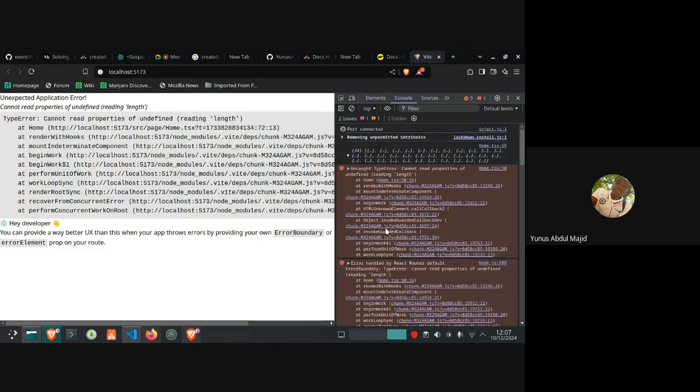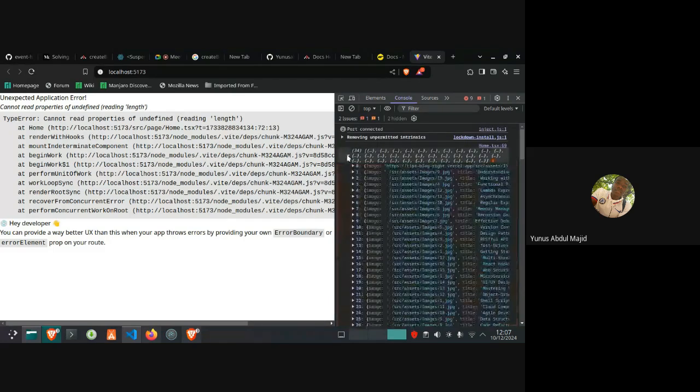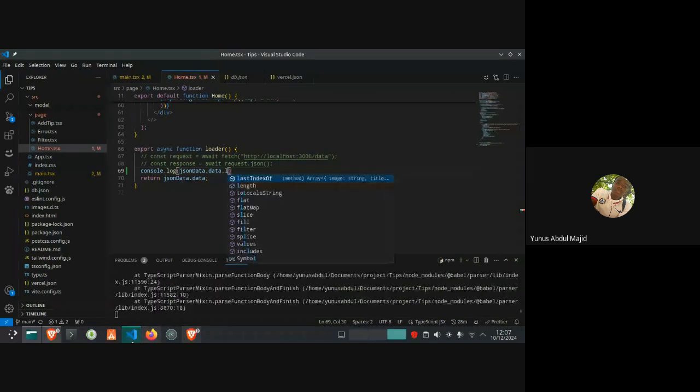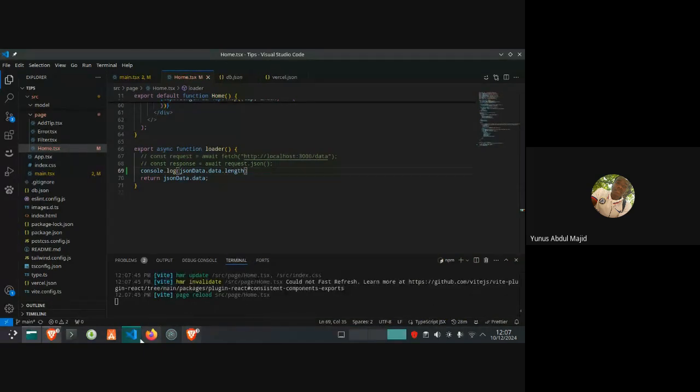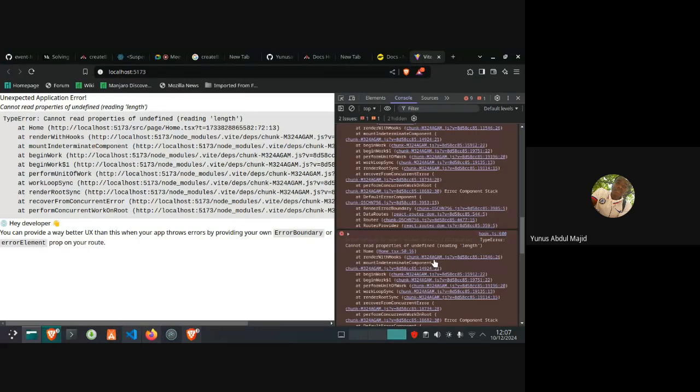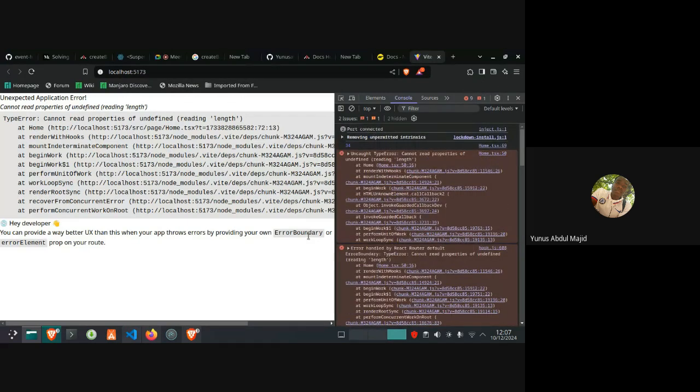So this is the data that I was expecting. Data print. So the data is rendering. What could possibly be the error?